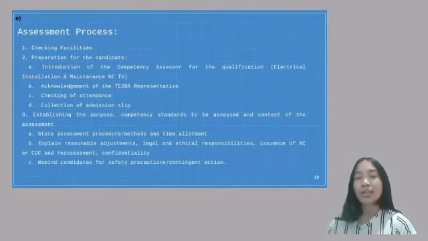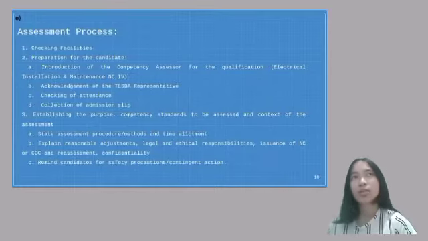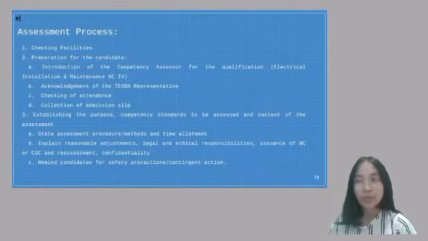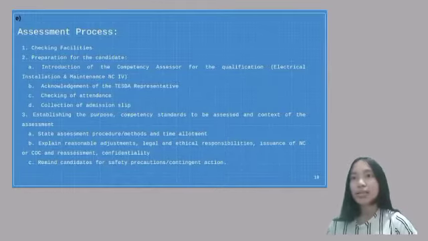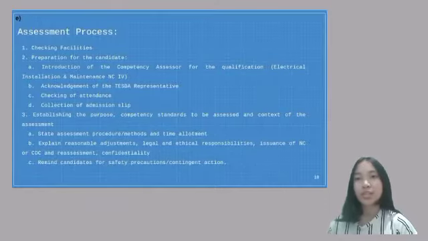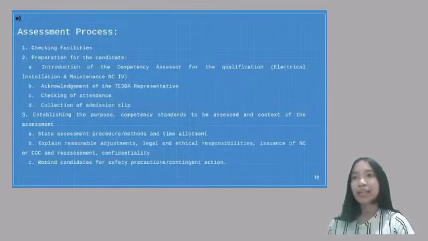So, an assessor should inform the candidates how many business days before they can get their NC or COC. NC stands for National Certificate, COC, Certificate of Competency. And as well as the process of reassessment if ever the candidate would wish to be reassessed. Remind candidates of safety precautions or contingent action. Okay, yes. So after that,